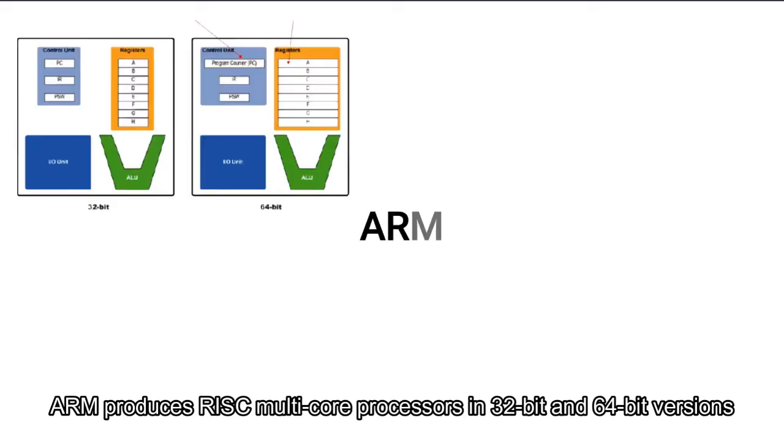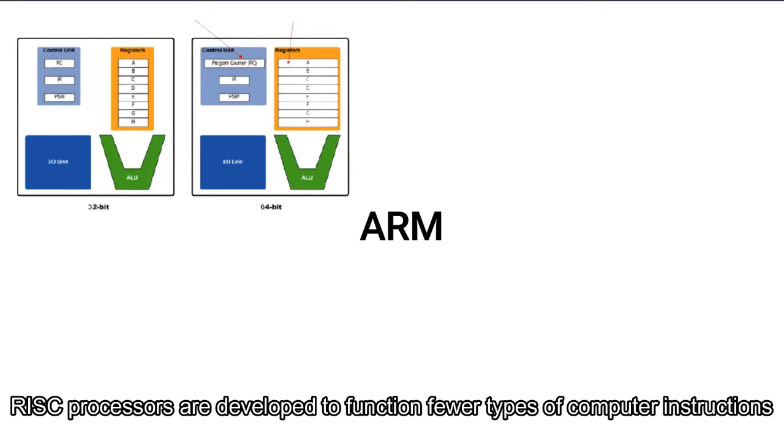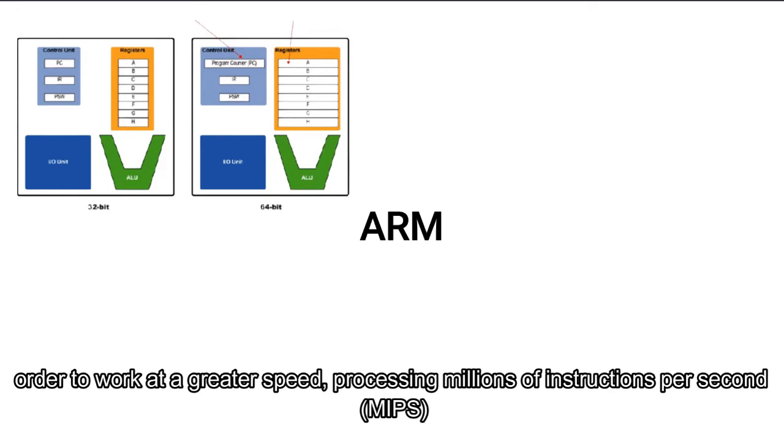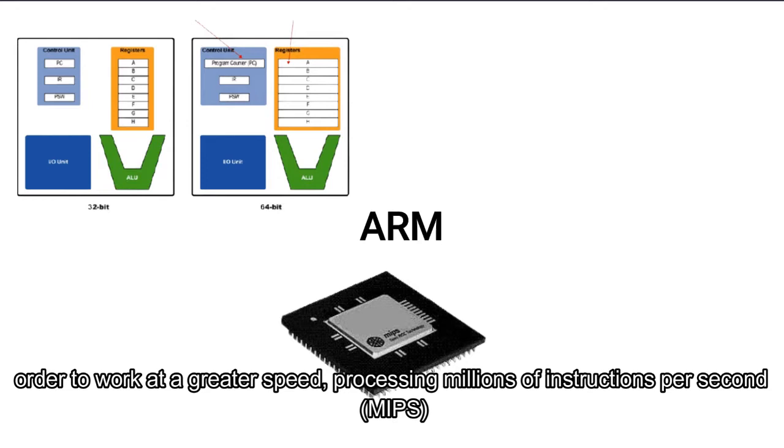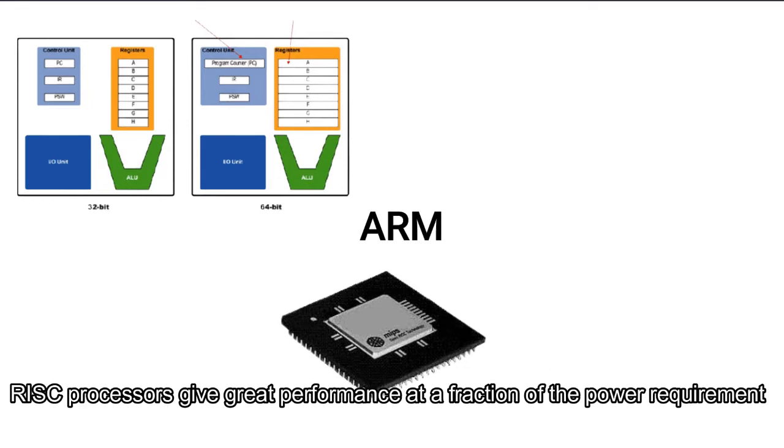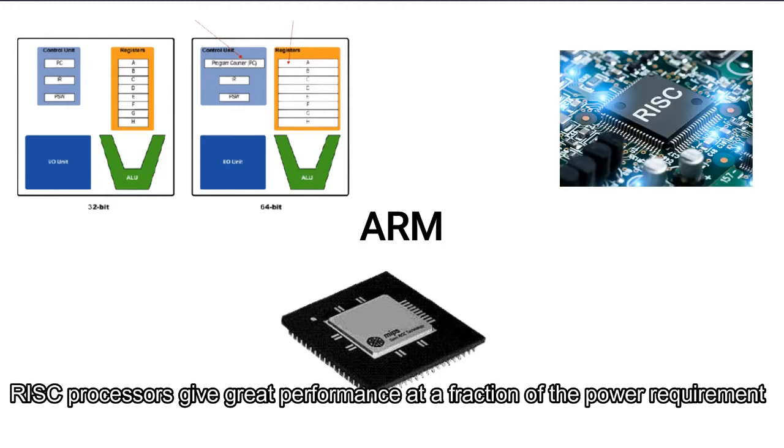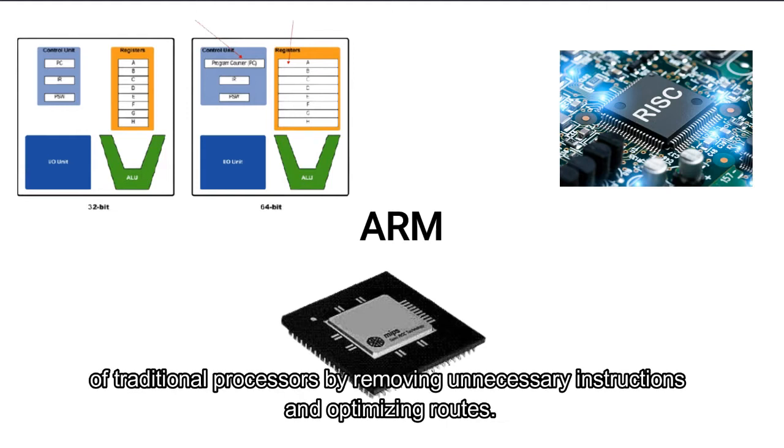ARM produces RISC multi-core processors in 32-bit and 64-bit versions. RISC processors are developed to function with fewer types of computer instructions in order to work at a greater speed, processing millions of instructions per second (MIPS). RISC processors also give great performance at a fraction of the power requirement of a traditional processor by removing unnecessary instructions and